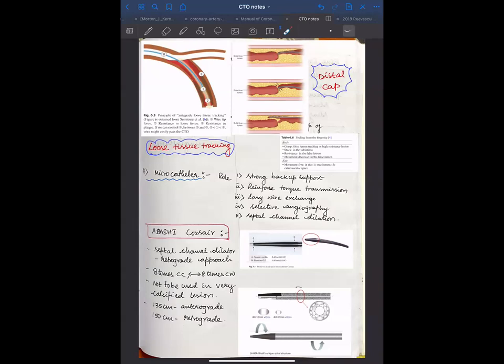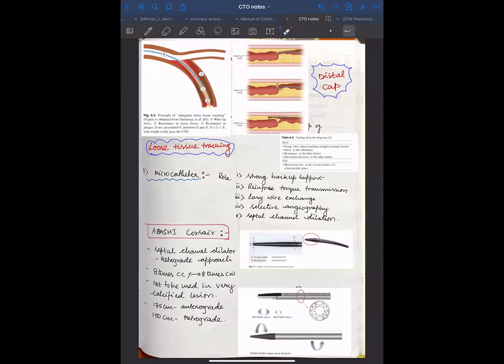So in that case, the microcatheter will allow us an easy wire exchange, and we can also, in collaterals, do a selective angiography. And also sometimes when we're coming from the left side, I mean from a collateral route, the septal channel dilation, as Asahi Corsair catheter is mainly used for that. So the channels can be small to begin with, and once we use the microcatheter, they will grow in size. So that kind of a purpose also is served by microcatheter.